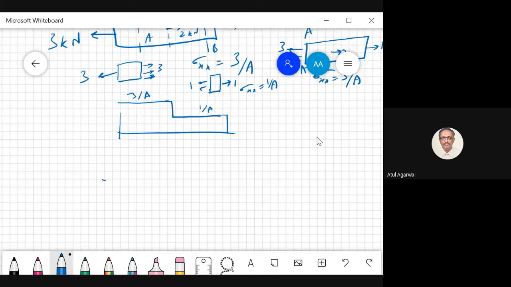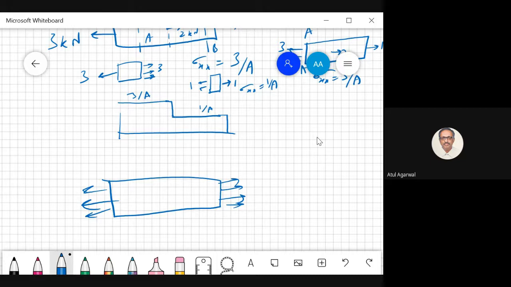Now if I give you a block like this, with force like this, you have a uniformly distributed force here. If I want you to find sigma yy here, what is the value? Can anybody tell me the sigma yy on this surface? Yes, sir, 0. Very good. And sigma xy on this surface, you see it is a free boundary. There is no force in xyz direction, so all those stresses will be 0.